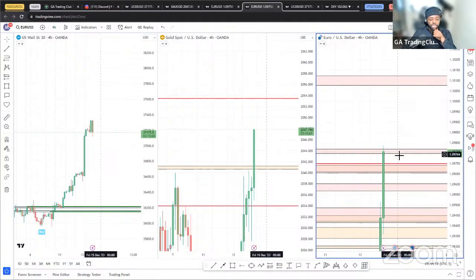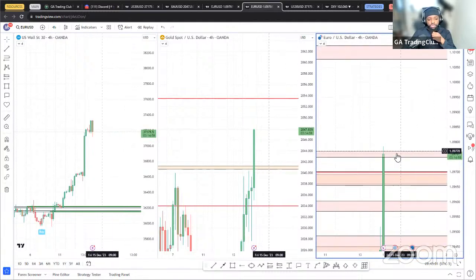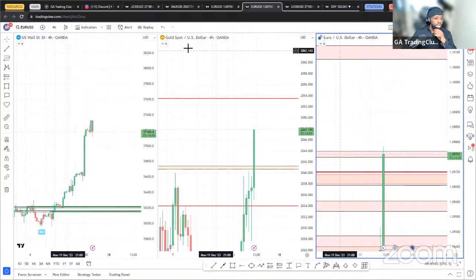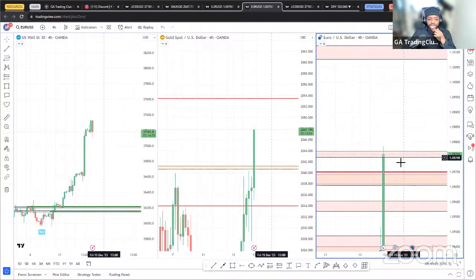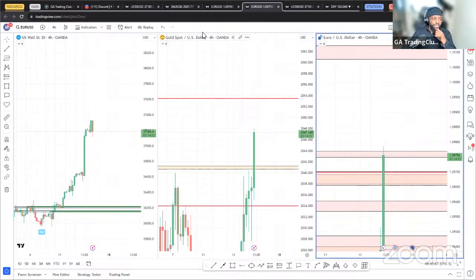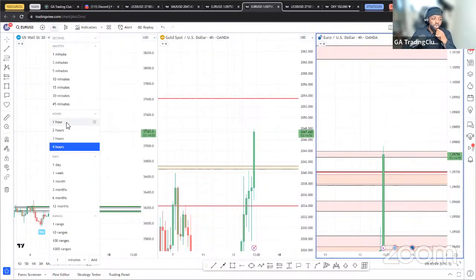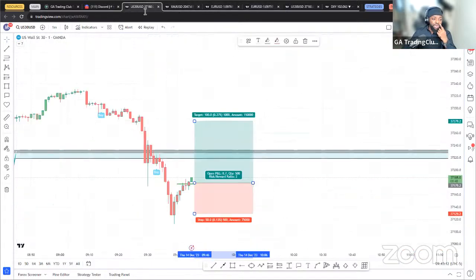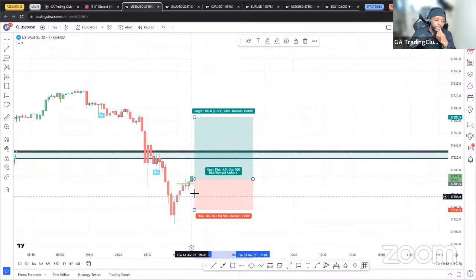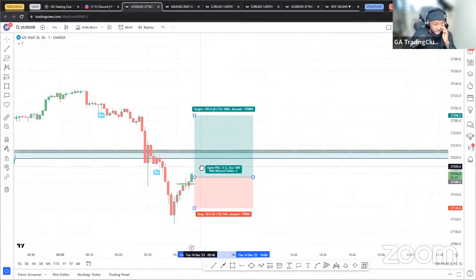So this is a 4-hour zone on EU. The reason it's a 4-hour is that it's in red. But for this one, you'd have to wait, I think, till like 5 p.m. later on today. So no SAR trades on the higher time frames. Okay, so if this candle closes, personally, I'll be taking this buy on US 30 because we've had two consecutive candle closures. Even though it's not an official trade, just make sure you don't over leverage.